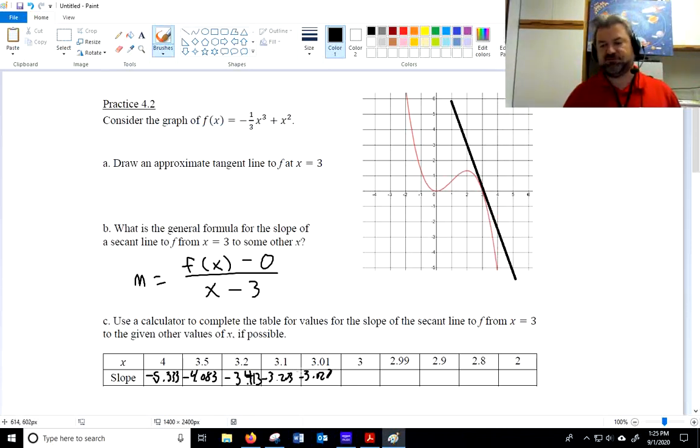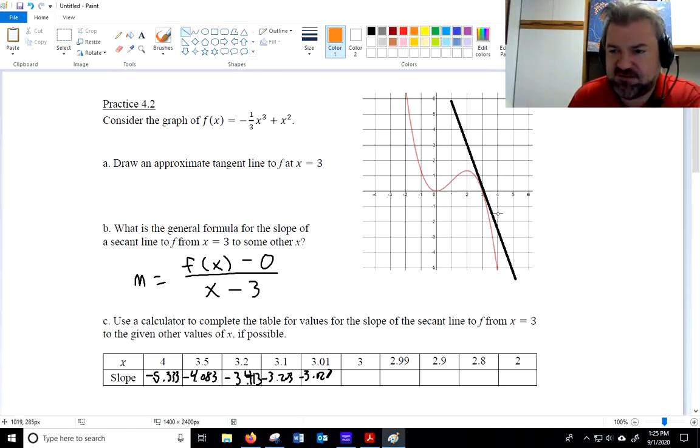So that looks like it's getting closer and closer to negative 3. And what we're doing is we're drawing different secant lines to different places. So we did it to 4, which was like this. And then we did it to 3.5. And each time it got a little bit less steep, right? And then we did to 3.2. And what I want you to see is as we move closer and closer to that point,